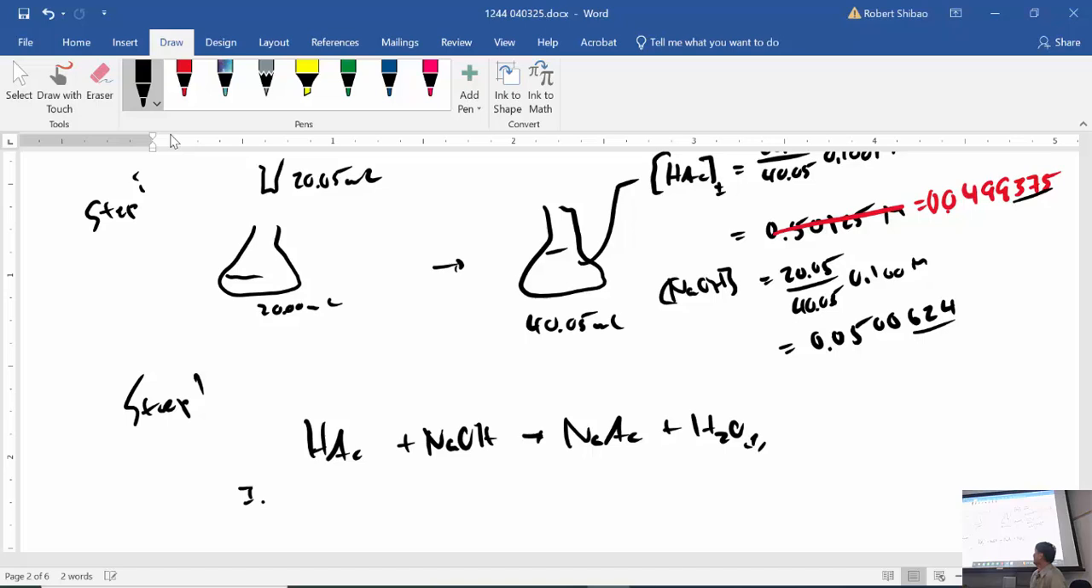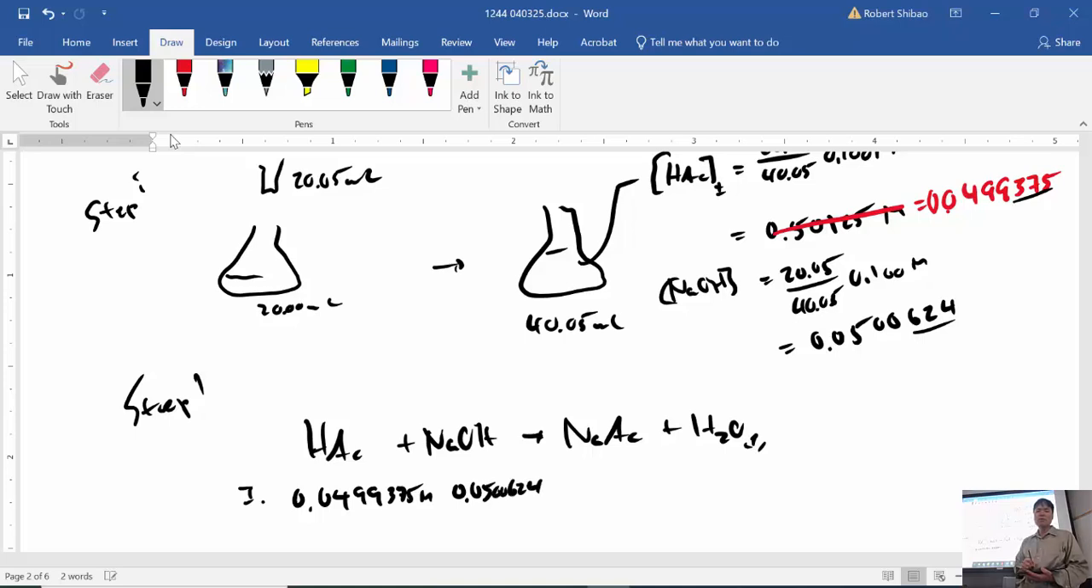So for example, if we convert this to millimolar, what would it be? You just move the decimal point over. So 49.9 millimolar. This would be 50.0. But if I do millimolar, I'm going to have to switch back to molar anyway, so I'm not going to bother doing millimolar. I'm just going to leave it and hassle with the decimal points. So this is going to be 0.0499375 molar. And the sodium hydroxide is going to be excess,